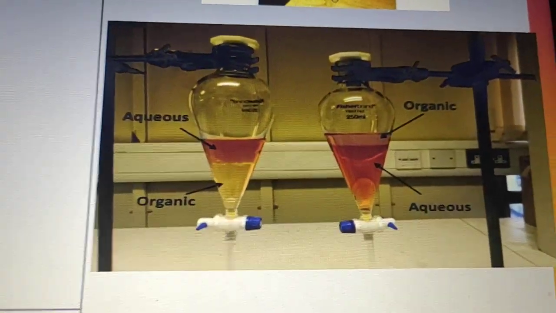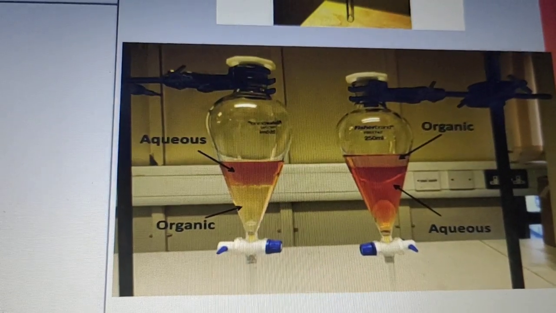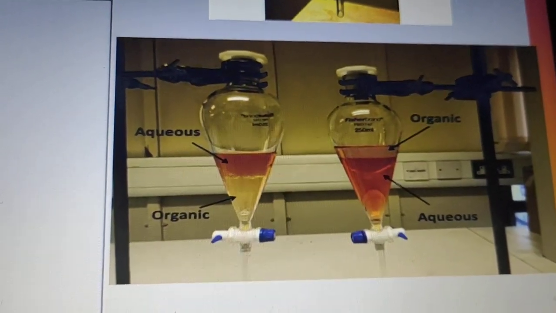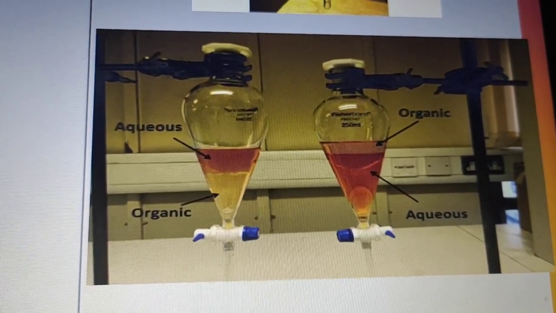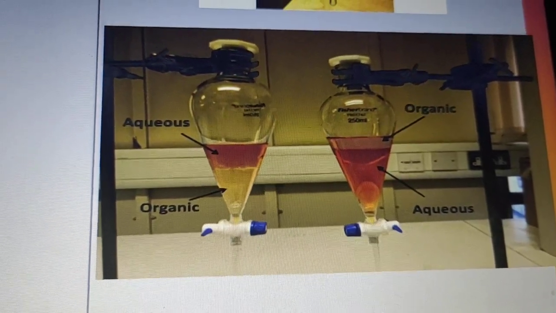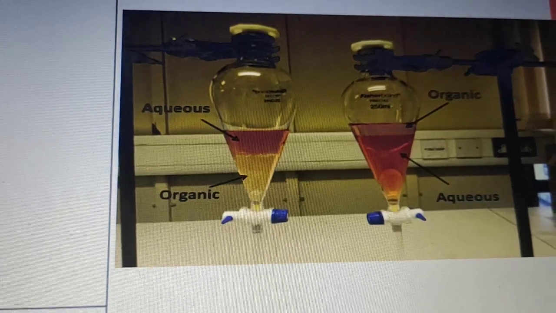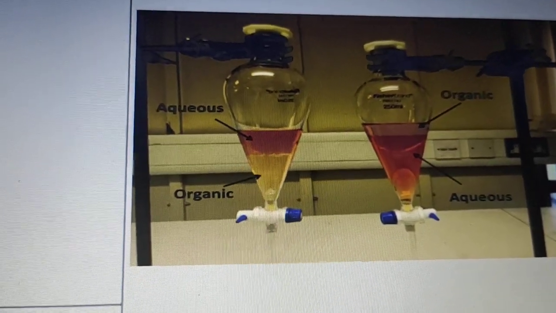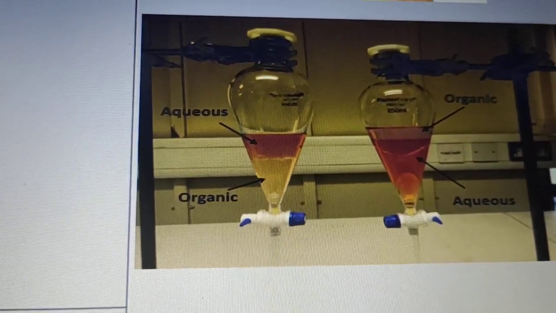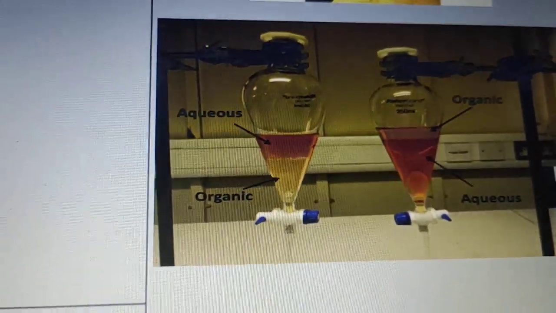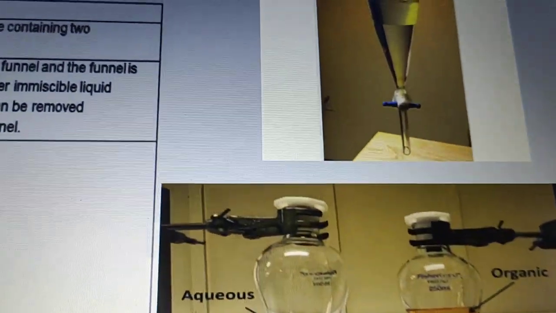You can see this. So here in the lab, in bachelor's and master's, you can do this. So here is a lab. You see the separating funnel, and there are two liquids. One is organic, the other is aqueous. So you can see the line in between which separates both, and that depends only upon the density concept.